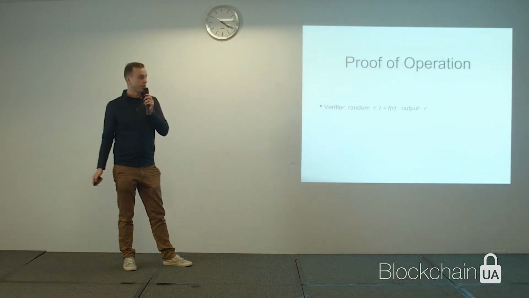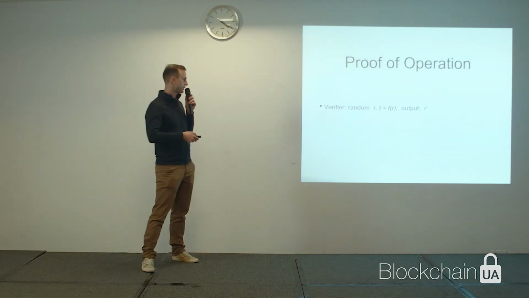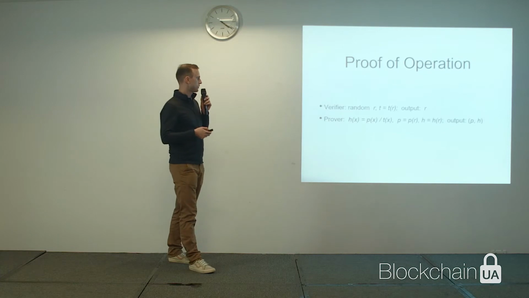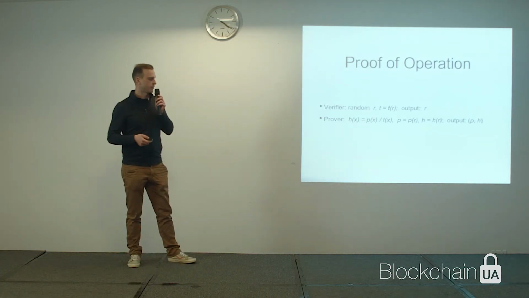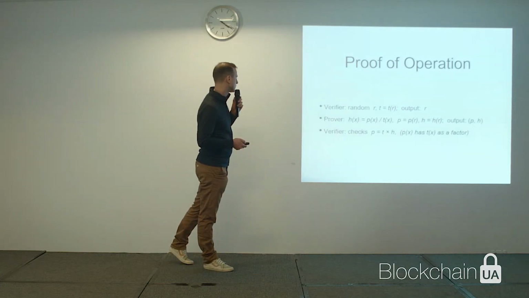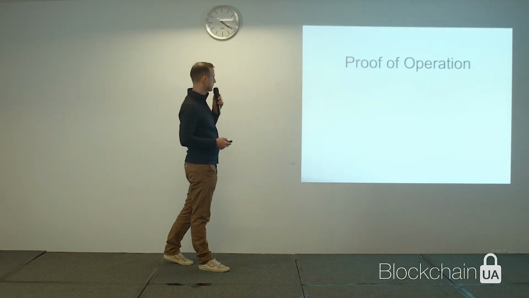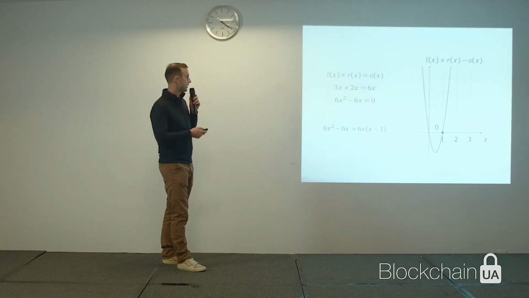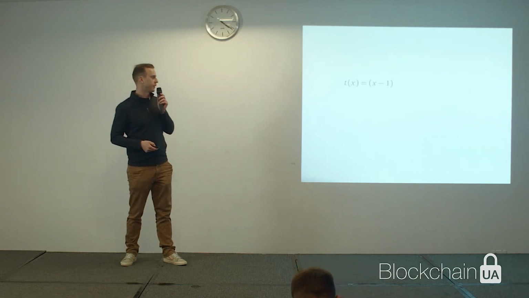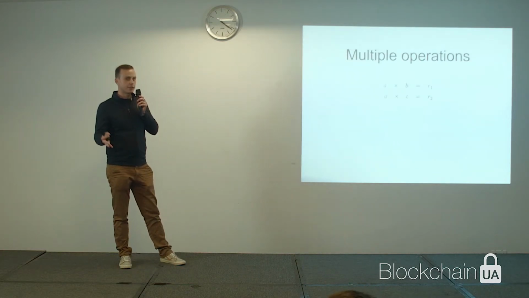So for the proof of the operation, we again have the verifier randomly sample R and evaluate this cofactor polynomial locally. The prover also computes the other portion, and also evaluates all the polynomials L, R, and O, and outputs them to the verifier. The verifier then checks locally that it's correct, similarly as previously.